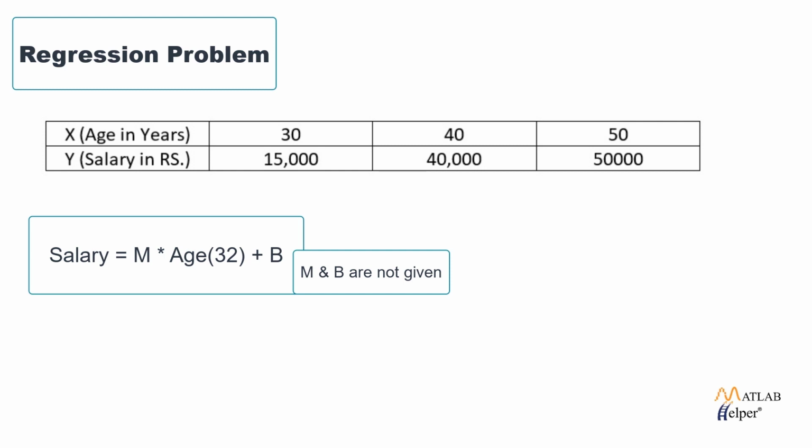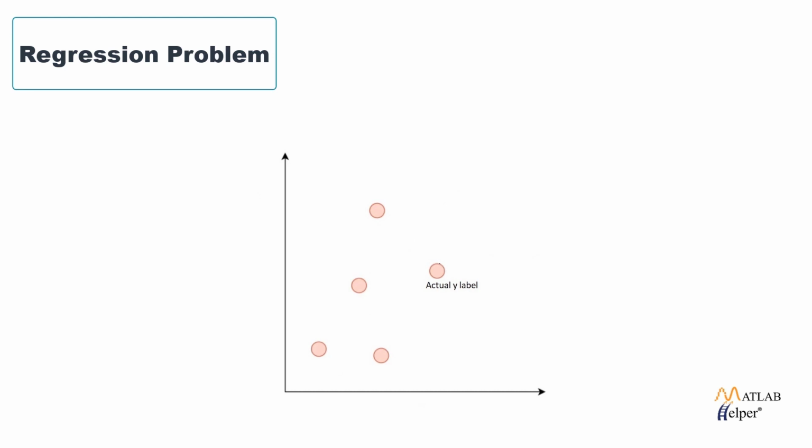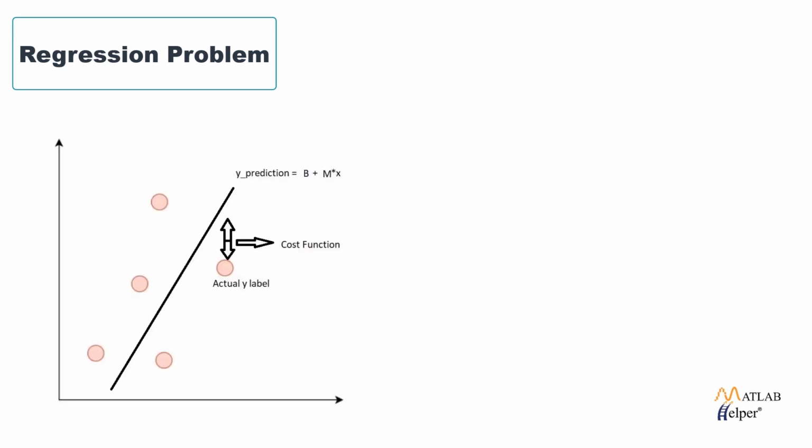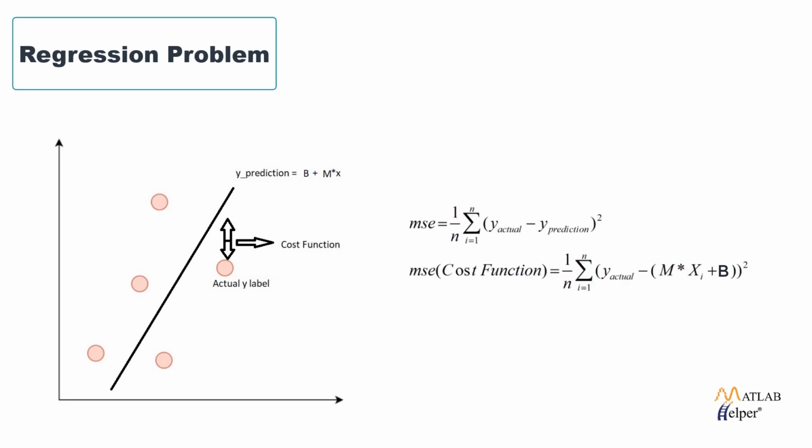To understand clearly, let us consider some data which is already plotted in a 2D graph. Now the goal is to find the linear line which is the best fitted line for the available data. But you might have so many lines. Now, how can we choose the optimal one? Let us assume one random line, calculate the error, sum all errors and divide the value by the number of data points. The result is the mean squared error, also called the cost function.